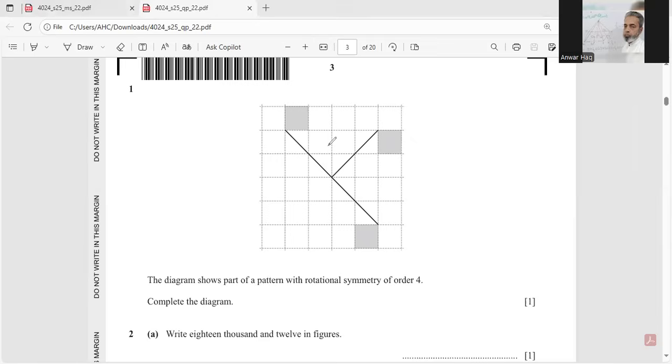So you can see that there is an unshaded square after a shaded one. So here we will shade this one for rotational symmetry of order 4. Now the second part of this question is